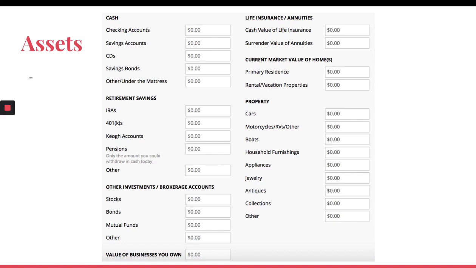Next is savings bonds, and those are debt securities issued by the U.S. Department of the Treasury to help pay for the U.S.'s borrowing needs. They're sold at face value, so what that means is if you pay $50, you're getting a $50 bond. And then the bond is going to be worth its full value upon redemption. Then you accumulate interest, and luckily that interest will be issued to you electronically to your designated account. So it works just like a savings account or a CD in that sense.